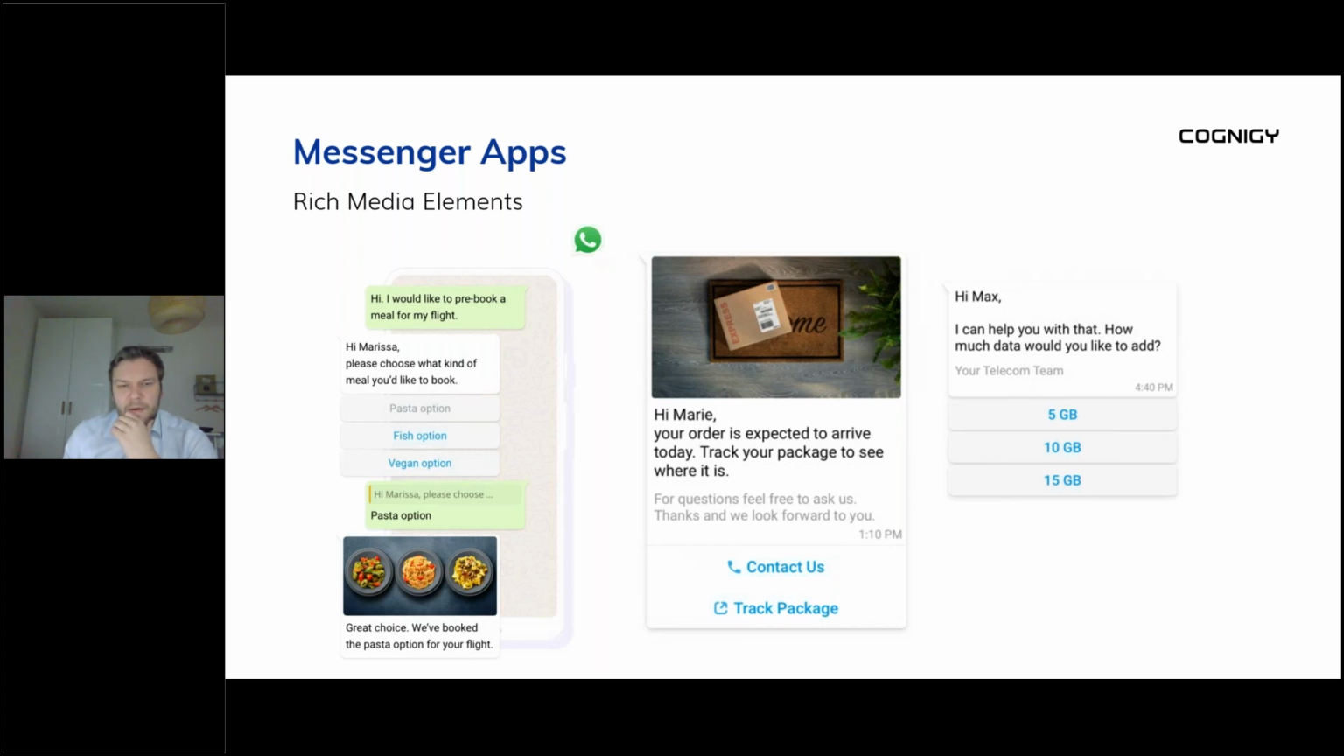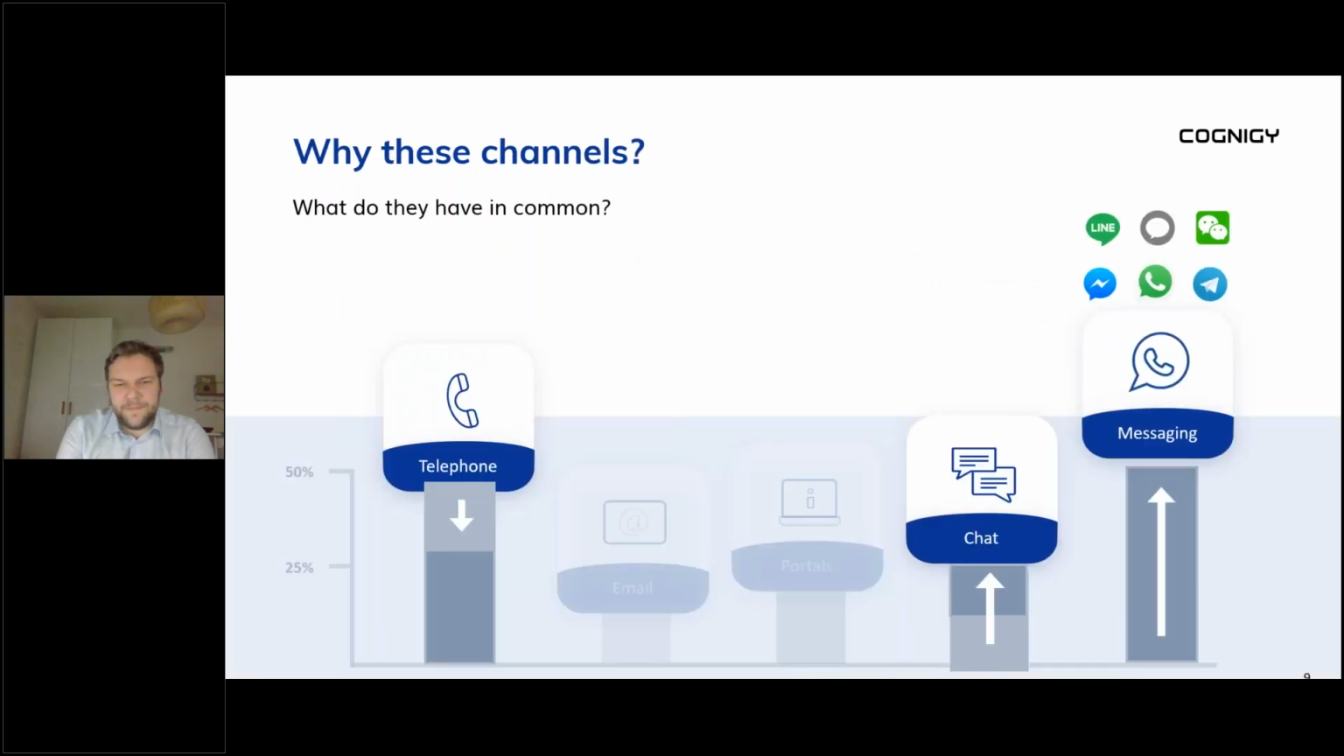Now, what do these channels have in common, right? So we see that email and portals, they're there and they're good, they're useful, but they're not necessarily awesome for what we want. If we look at these 3 channels, and they're broad channels, right? Messaging is really broad, of course. There's one thing that they have in common, right? So if we take a moment to think about what these things have in common,